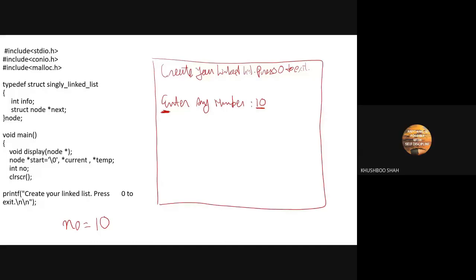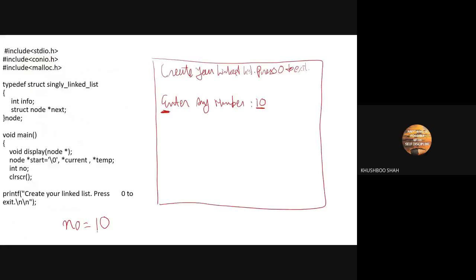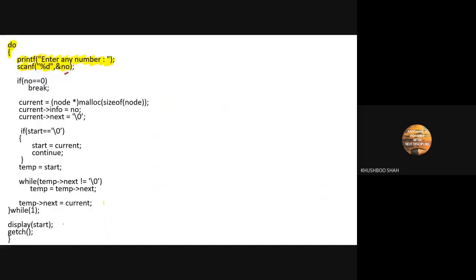Yes. In your notebook, keep three sections: one for the console, one for the variables, and a third one for the graphical representation. Here I have a very small screen, so I cannot show you all the things together, and I hope you understand it. So you have to cooperate. Okay, so enter any number, and whatever number you enter will be stored in the no variable. Now, if no is equal to 0, is it 0? No, ma'am, it is not 0. So this is not going to execute.